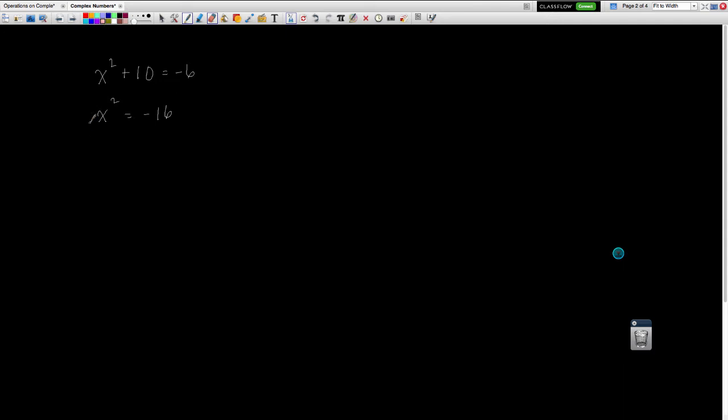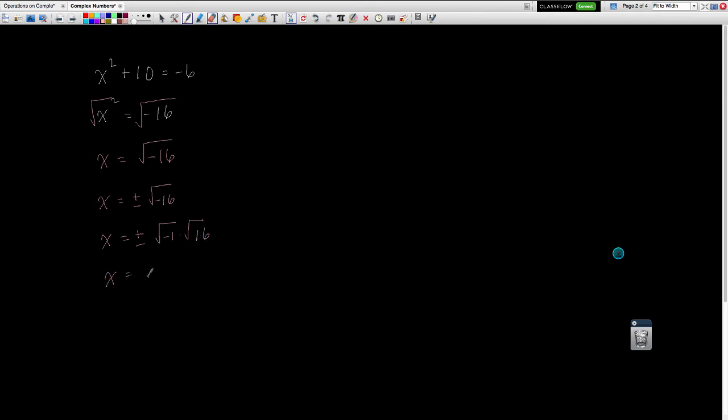Well, trying to solve for x, we would get x equals the square root of negative 16. Well, when we were solving quadratic equations, we would stop here and we would say no real solutions. But now we know how to deal with negative square roots. And so we would say x equals plus or minus square root of negative 16 because you have the positive square root and the negative square root. So we have x equals plus or minus, we can pull out a negative 1 times a positive 16, and